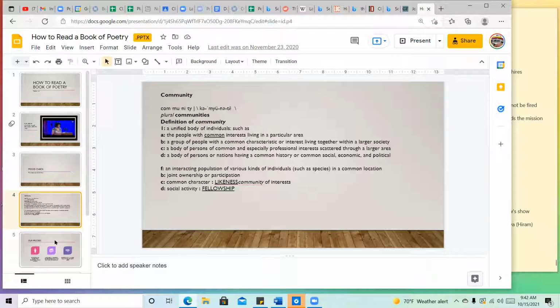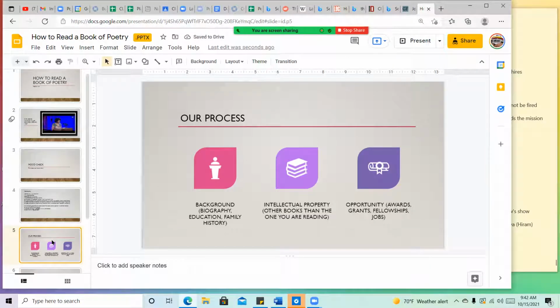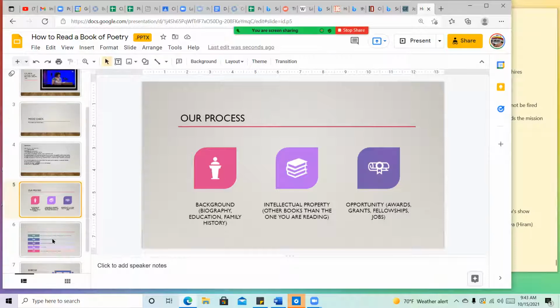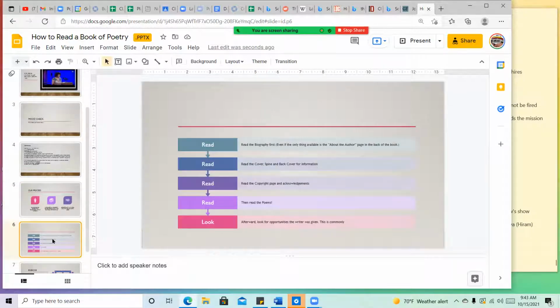The community of authors. And so many of you remember this from when you interview for CLI, but we ask people to study the background of the writer first, then after the background, learning about the intellectual property, meaning what did they make? And then you're going to read one book from that intellectual property. And then after you read it, we want you to find out about the opportunities that the author got a chance to take advantage of. So the bio, BIO, background, intellectual property, and opportunities that the writer got a chance to take advantage of.